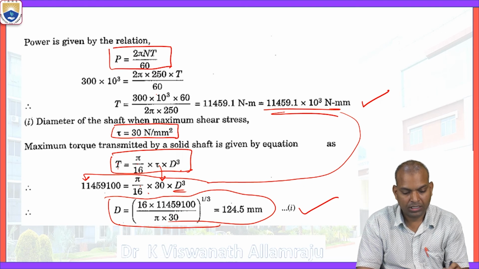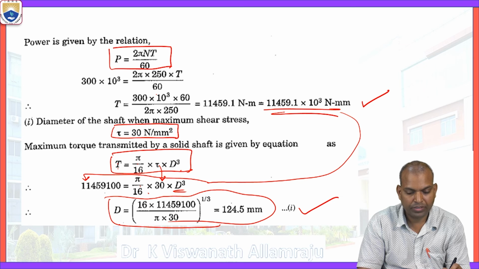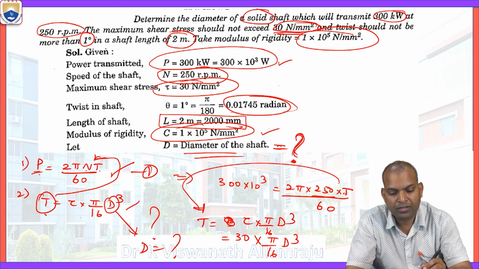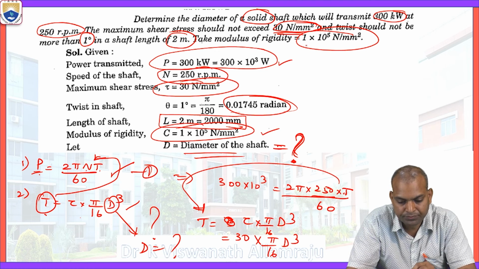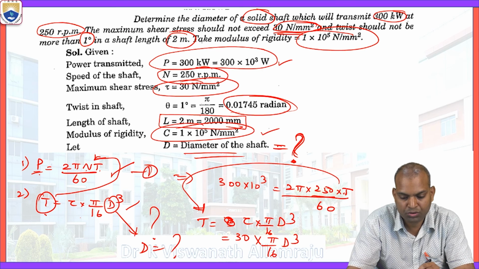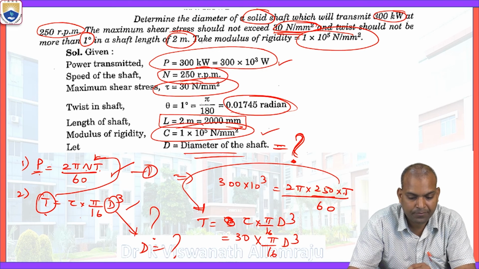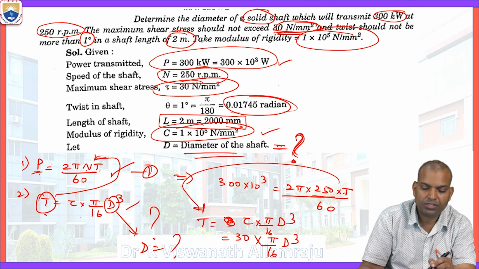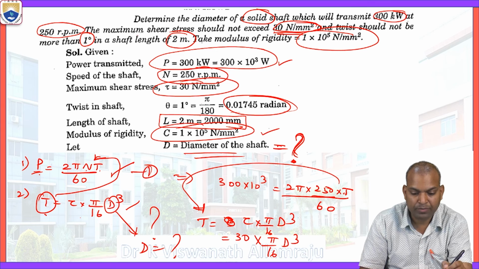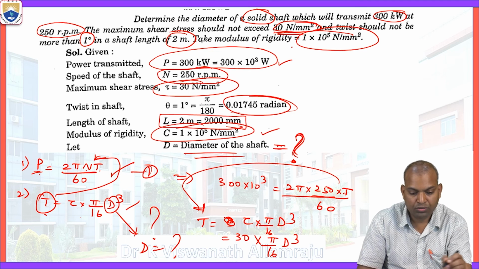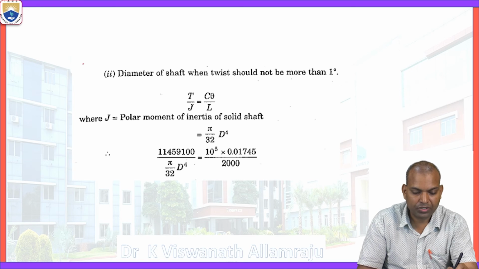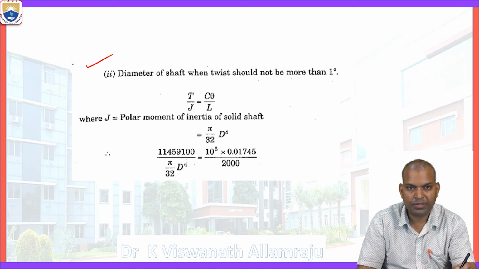Okay, here there are two. One more thing: the diameter of the shaft when maximum shear stress is reached. Here we have to find out the diameter of the solid shaft. The maximum shear stress should not be exceeded, and also the twist. We need two diameters. One is the diameter of the shaft when power transmits the maximum shear stress, and also the twist. Now the diameter of the shaft we are going to calculate in another manner based on the data, that is